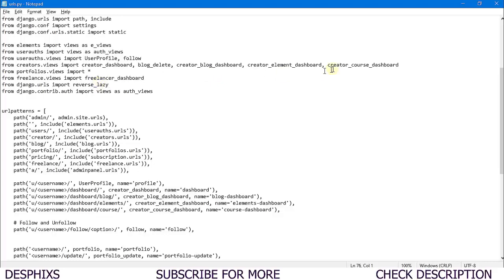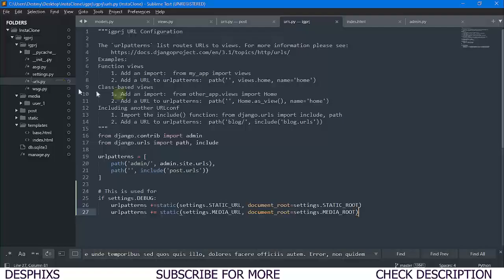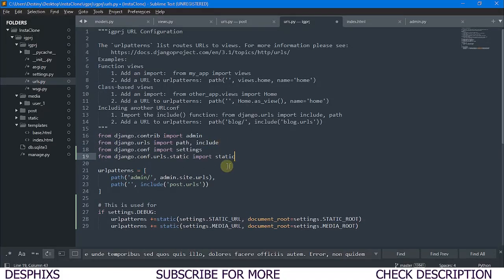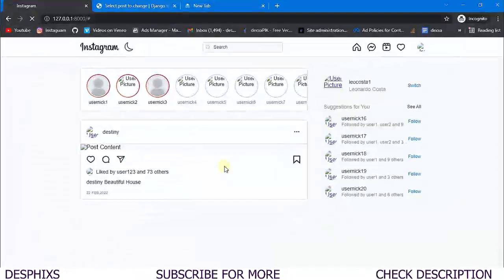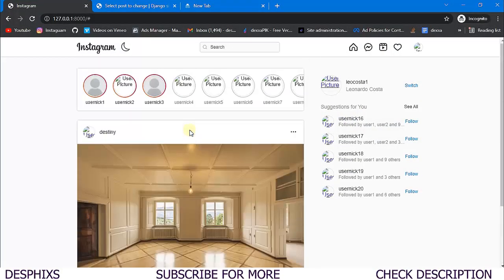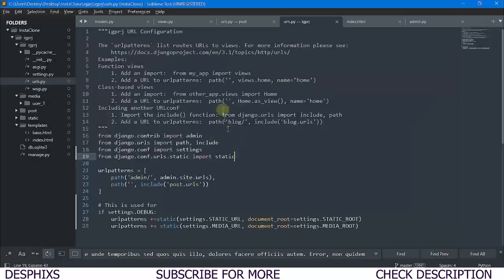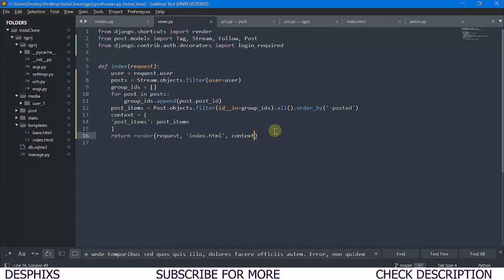Also we need to import a couple things. So let's see, we need to import this and this. Come over here, paste it. Okay, yeah, that's it. Now when we come over here and refresh, what do you notice? Now our image shows up. Hopefully you understand what's going on. Yeah, that's just how it's working, and everything's looking fine now.